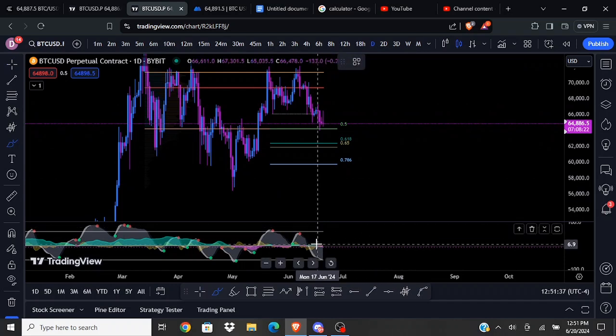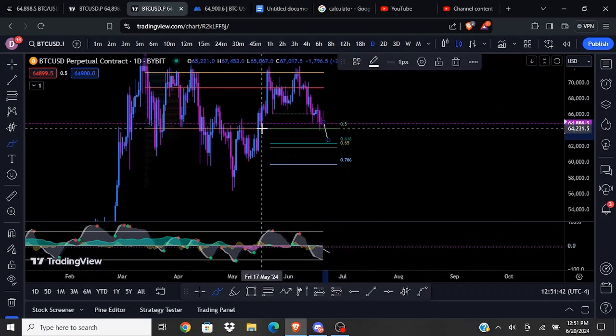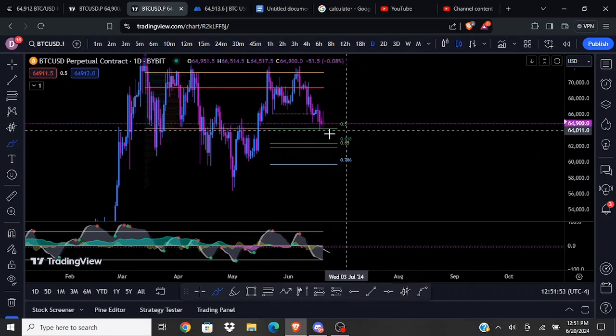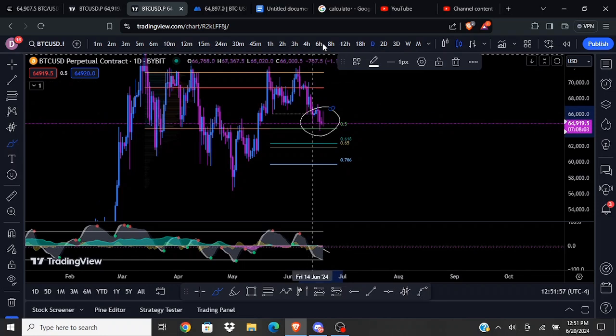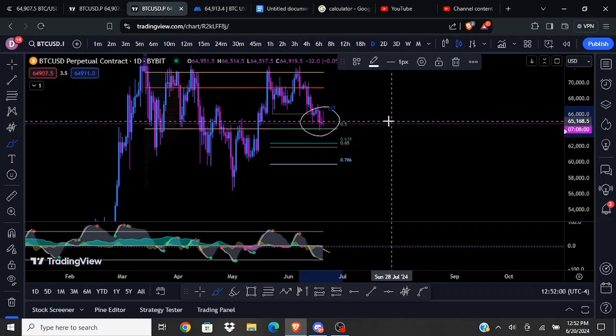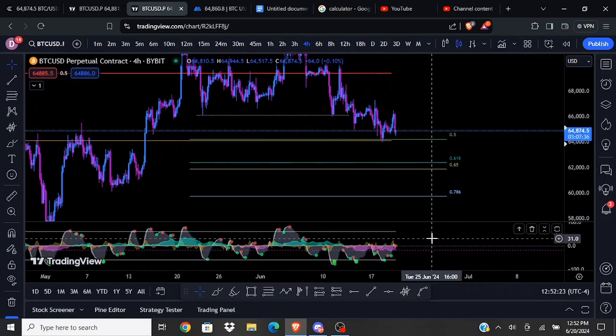I think right now this daily is pointing more towards us putting in a local lower low and filling this fair value gap. But that is just considering the daily. Maybe there's a bit more bullish hope as we zoom into the lower time frames. We'll have to see. Now going down to the 4 hour,